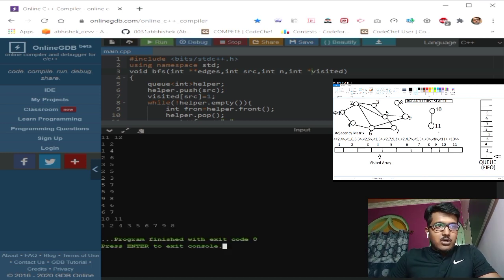So you will get 1, 2, 4, 3, 5, 6, 7, 9, 8 as the path.